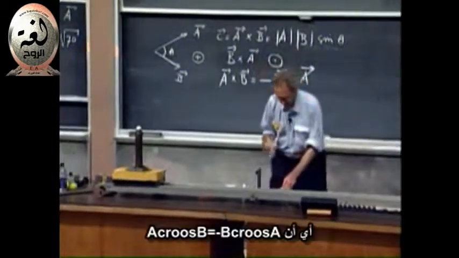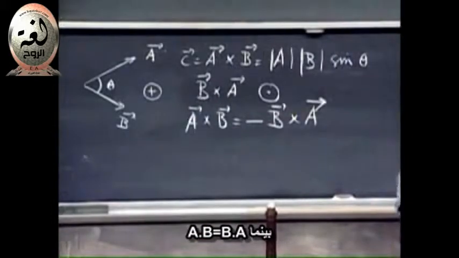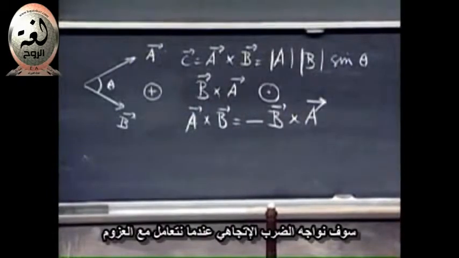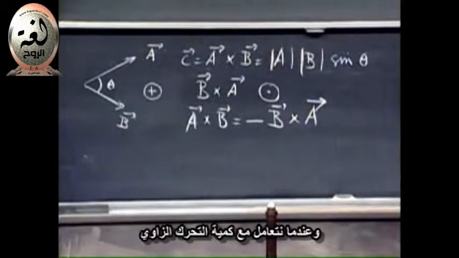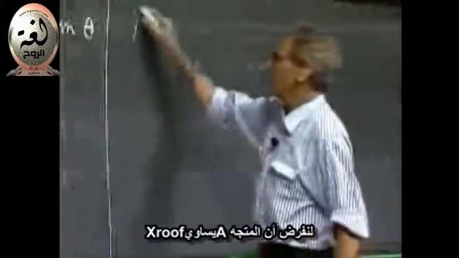Whereas A dot B is the same as B dot A. We will encounter cross products when we deal with torques and when we deal with angular momentum, which is not the easiest part of 801. Let's take an extremely simple example. Again, I don't mean to insult you with such a simple example, but you will get more advanced chances on your assignment. Suppose I gave the vector A